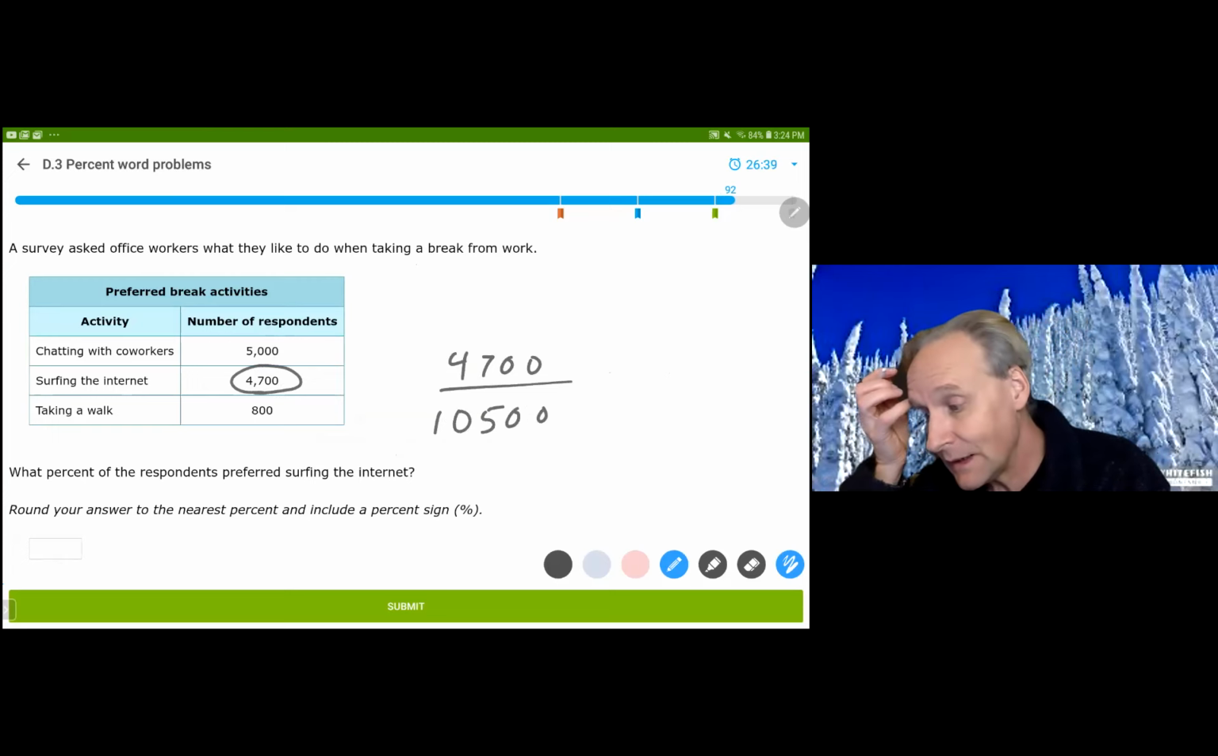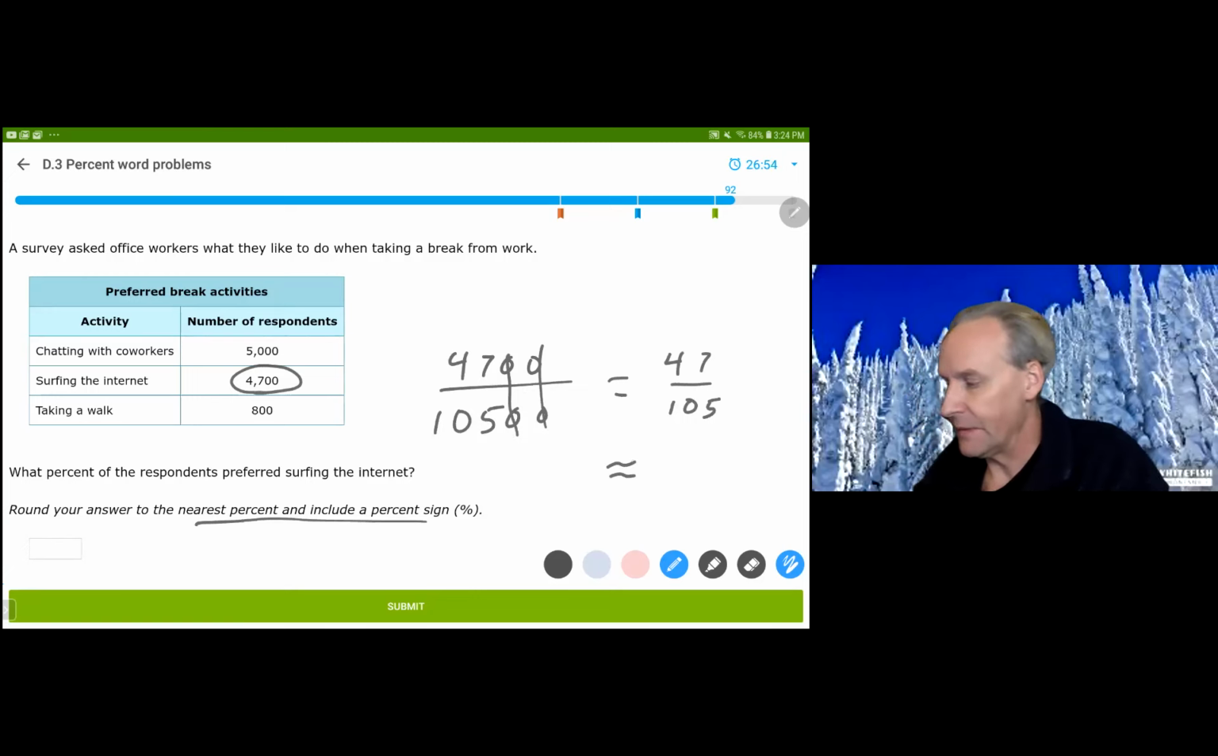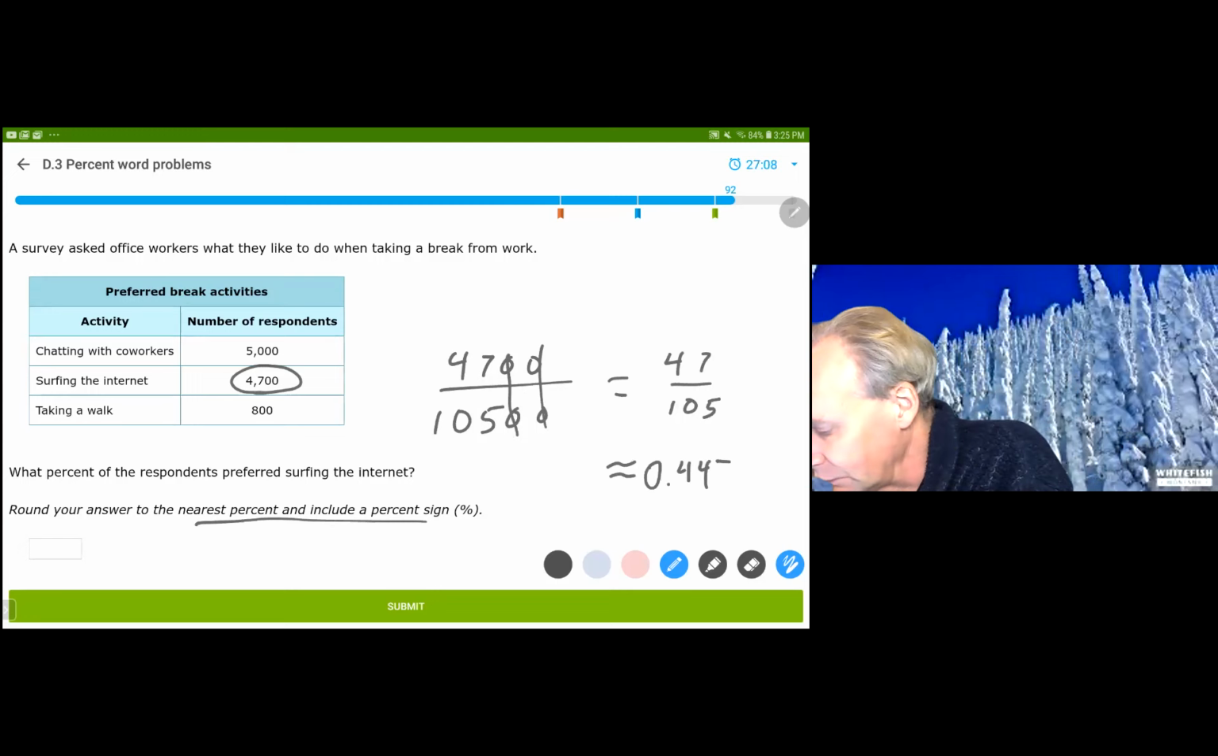And yeah, it says the nearest percent. So I'm definitely going to use my division, but I am going to simplify this a little bit. I'm going to say it's 47 over 105, which means it's going to be a little less than 47. It's probably about 45%, 46%. Let's take a look. 47 divided by 105. 45% is the round. It's 0.44761